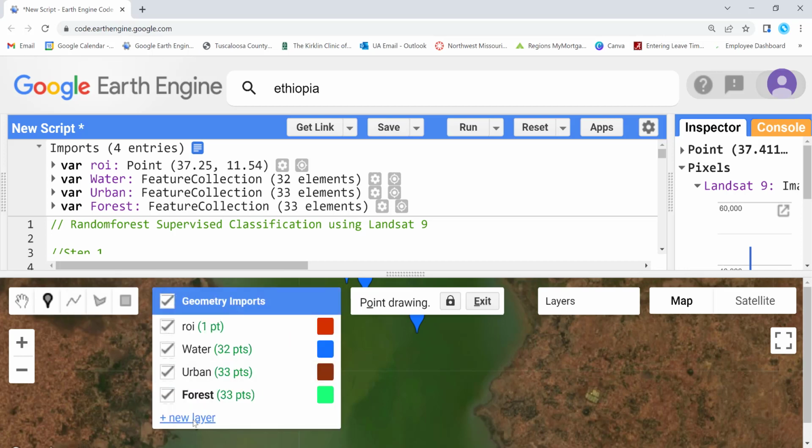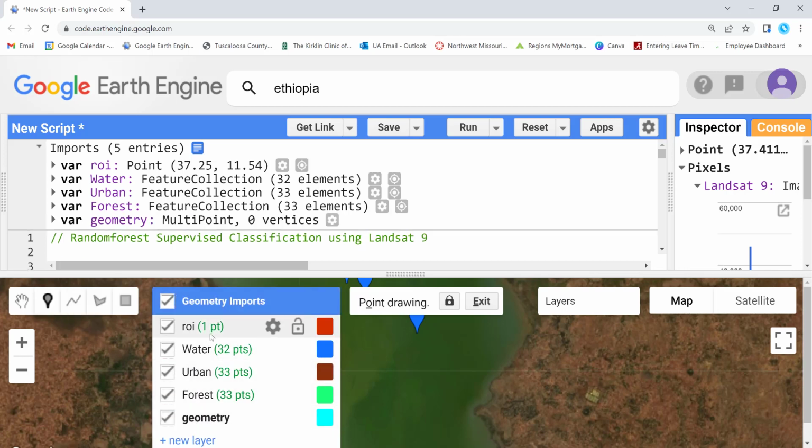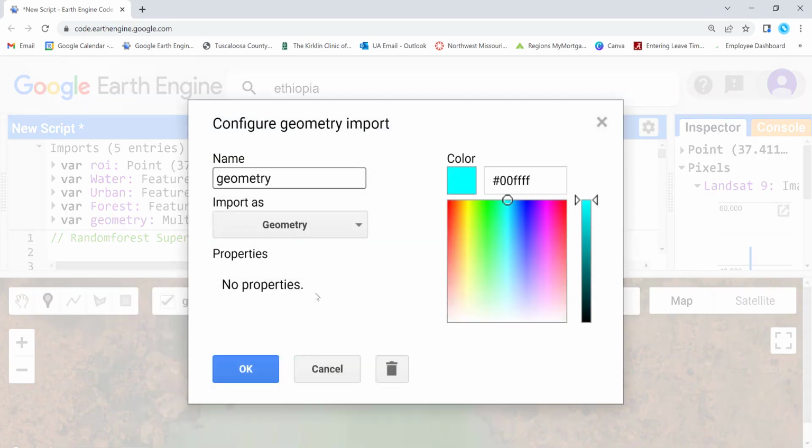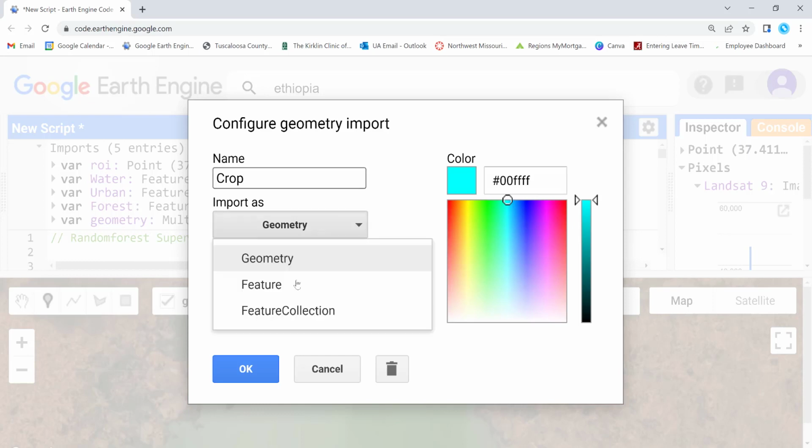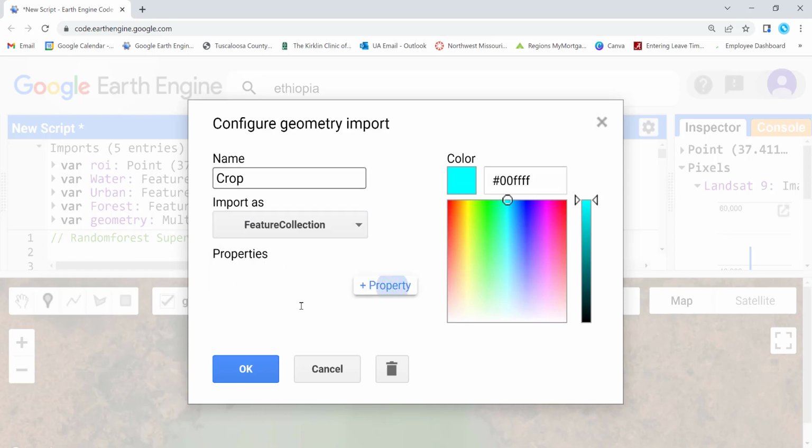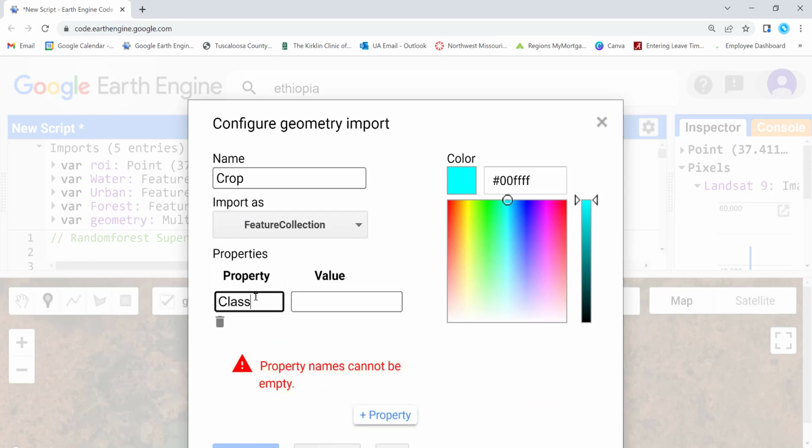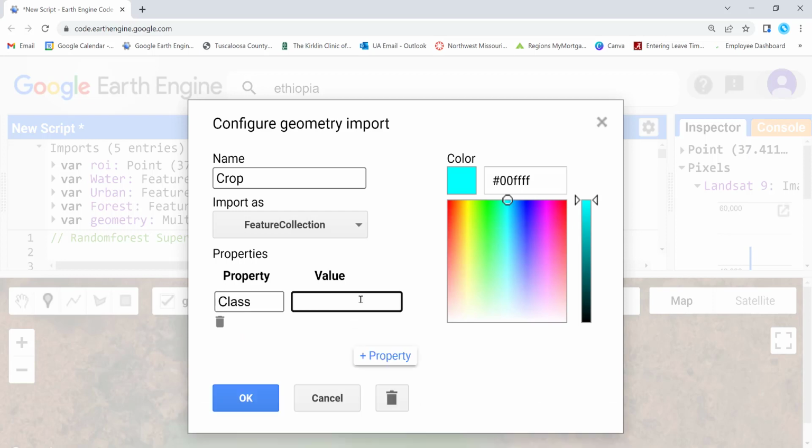class is a crop or agriculture, so I'll just create that here. I'll name it crop, and geometry, and I'll add the class, and I'll add value 3. I'll make it something like yellow. All right,